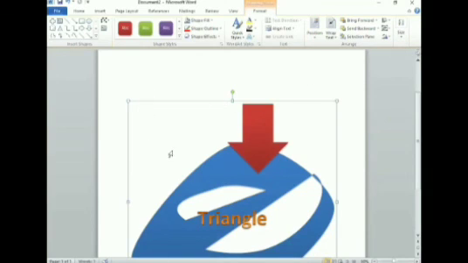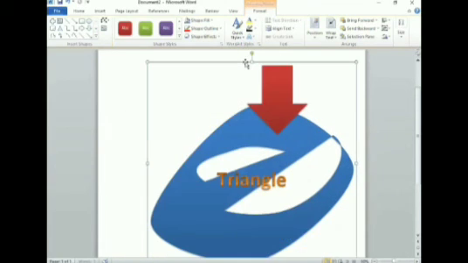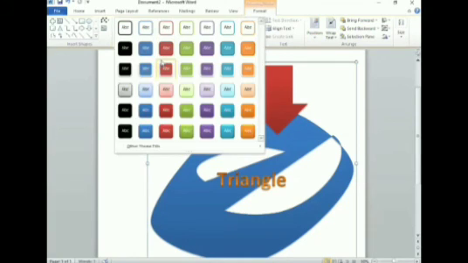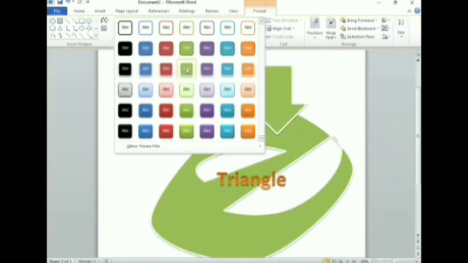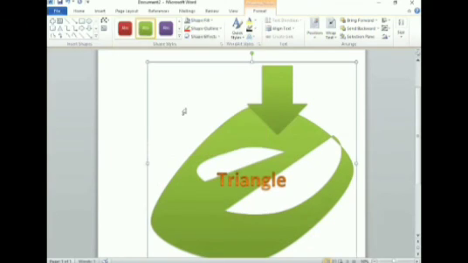Now you can see here only one selection is here. Whatever I do, either moving or changing the color, it will not apply only on the one shape, it will apply to the whole group. For example, I am changing the style. You can see here both are affected. Why? Because now it is considered as one, because we have made one group. If again I want to ungroup it, there is a shortcut key also, Control Shift G, or we can click on this option and then click on ungroup.